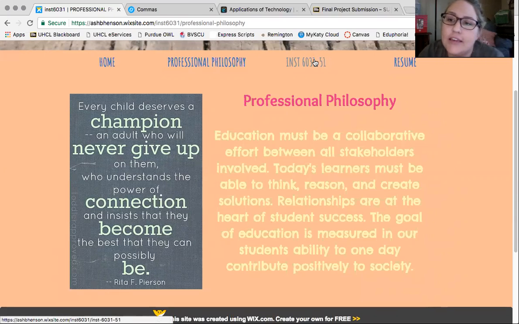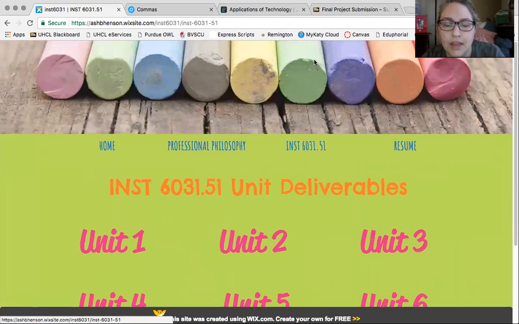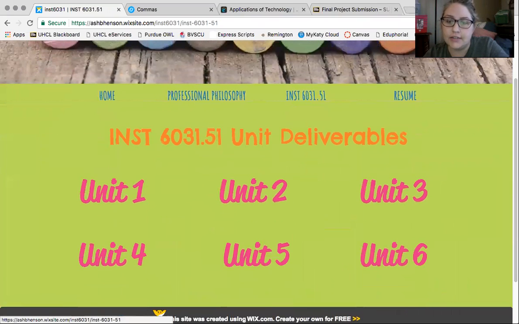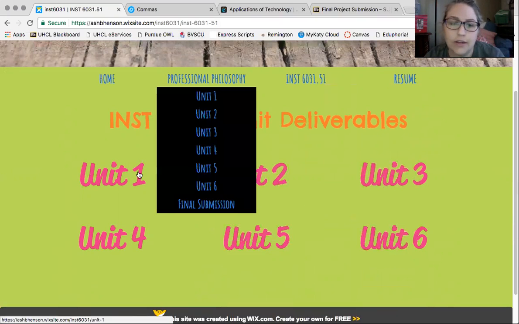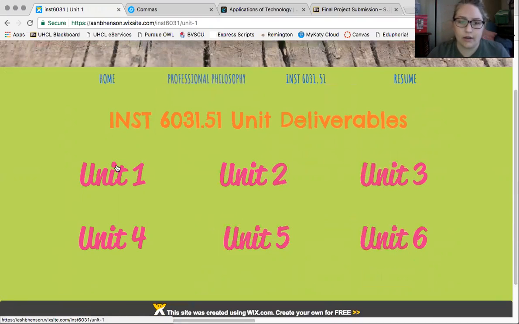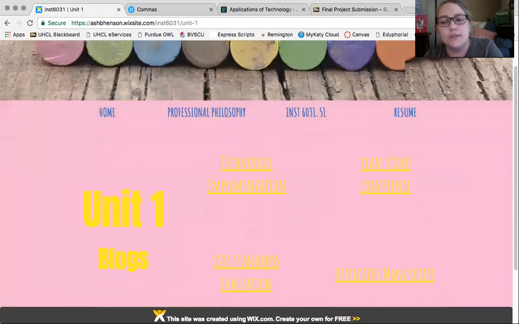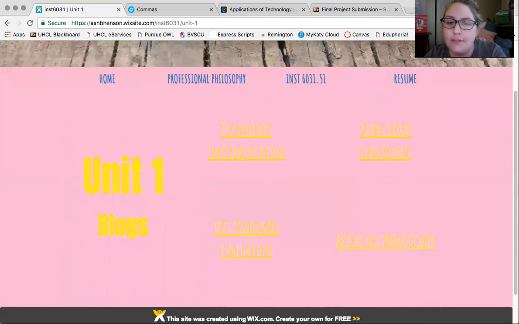Then I have all the deliverables for this class for INST 6031. And when you click on that part of my header or home, it takes you to a place where you can click on each deliverable separately, and they're divided by units. Unit 1 obviously was when we developed our blog, and I've created a different section for each of the deliverables that we had to do. And when you click on them, it either takes you to a link like for the team video conference,